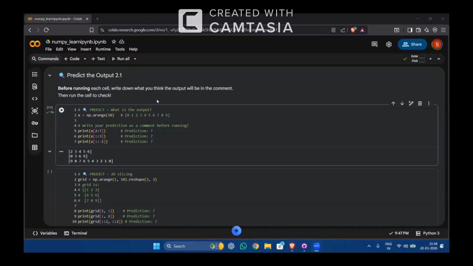try to execute that. Actually, I didn't understand the second one, like this one, : 3. Could you explain that? Yeah, : 3. The general syntax is starting index : ending index : step. Okay, that is the general syntax. There, the starting index is not specified. The ending index is not specified. That means we have to take the elements from the very beginning to the very last. And 3 is actually called the step.